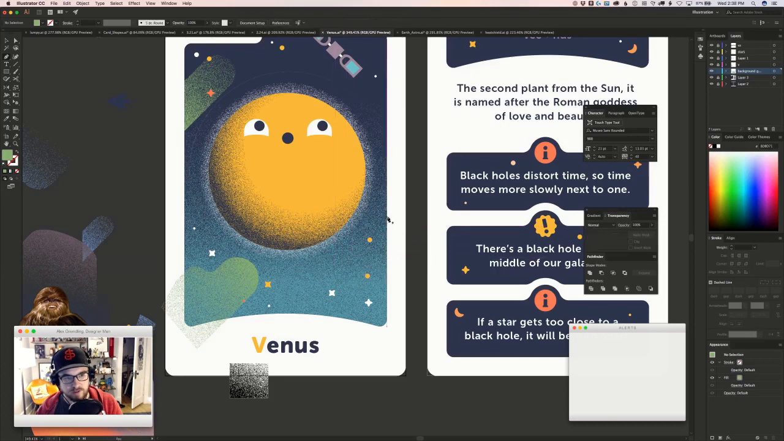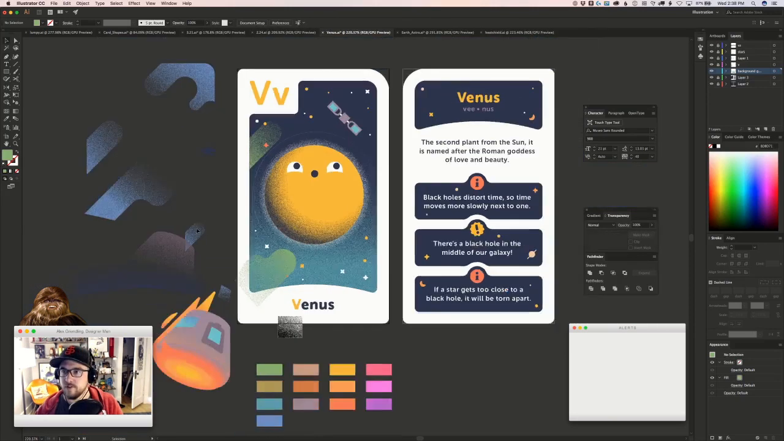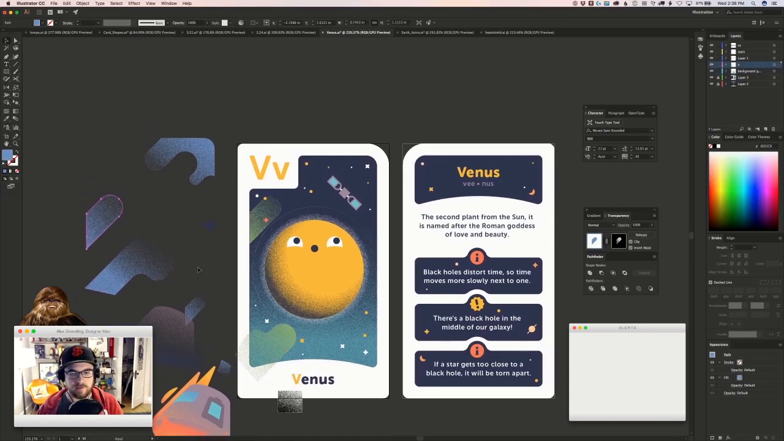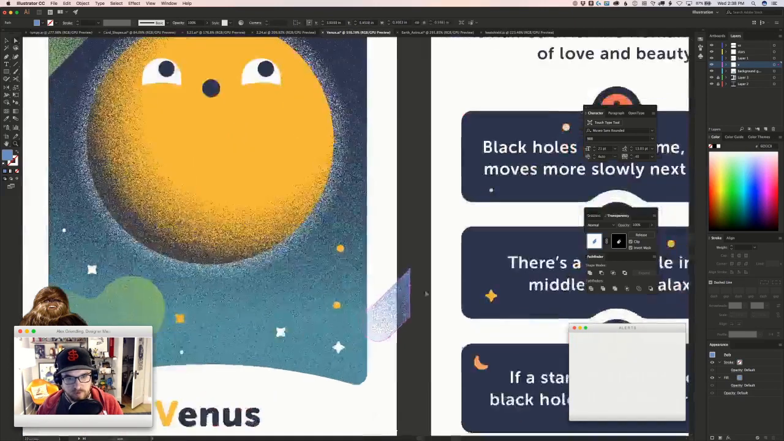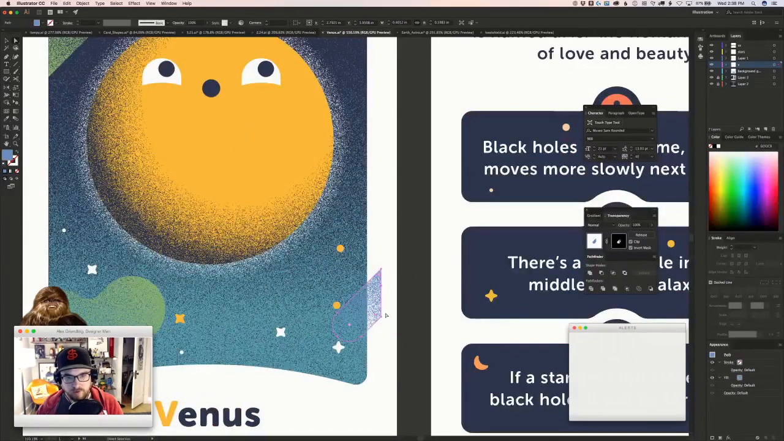I think the thing that I got to be careful of with these little galaxy background doodads is that I don't overdo it. Some of these will require more filler than others, so